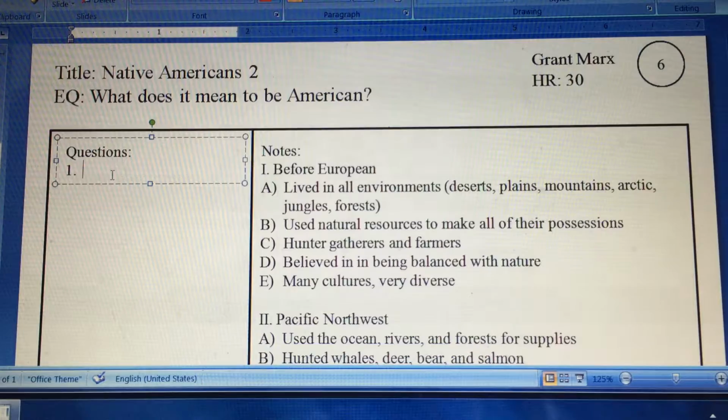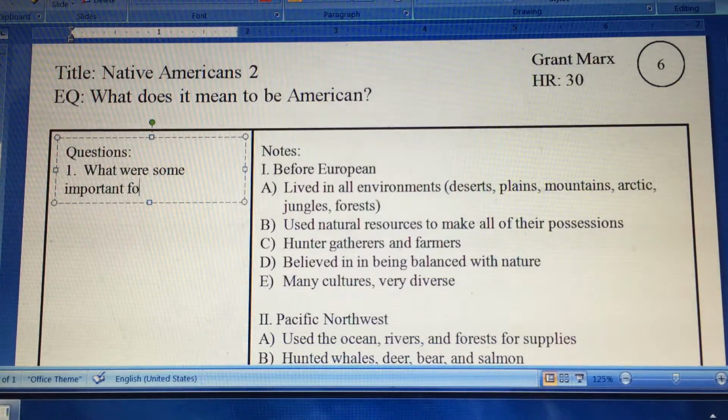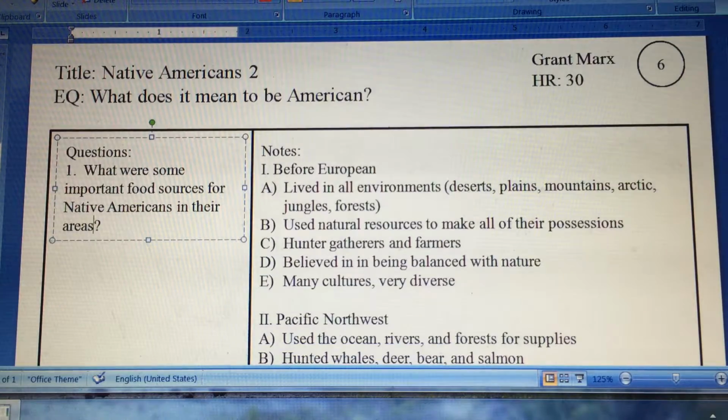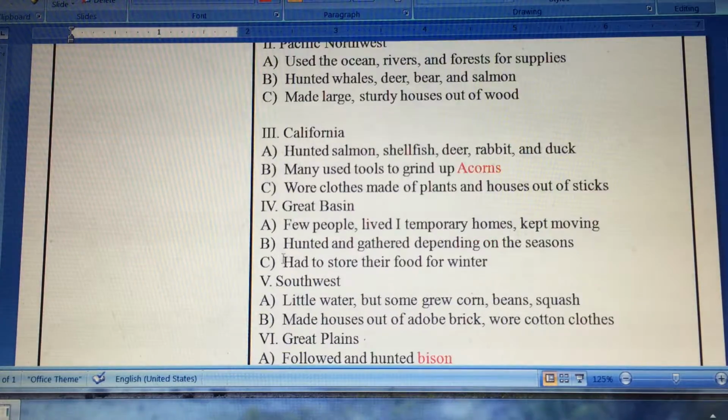So I'm going to generalize, and I'm going to say, what were some important food sources to Native Americans? Okay? And you could look at that for different areas. So we could expand that and say, what were some important food sources? I'm going to change this to for Native Americans in their areas. So with that, for their areas, we could see